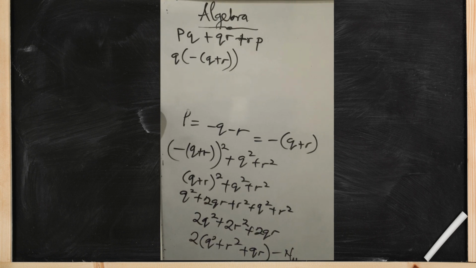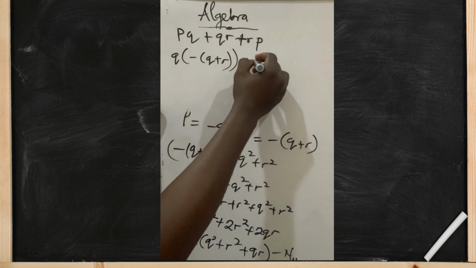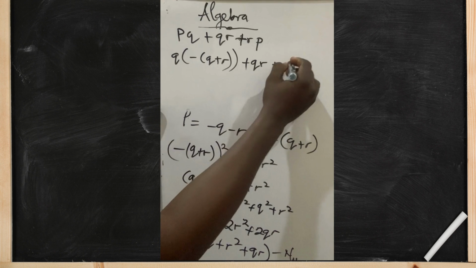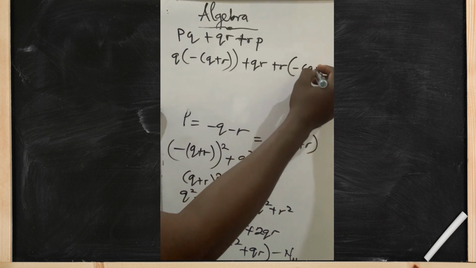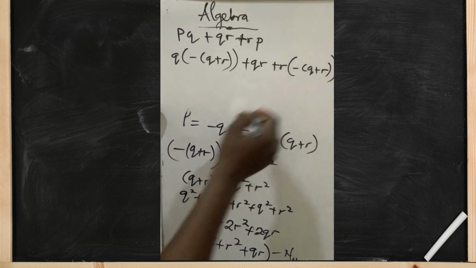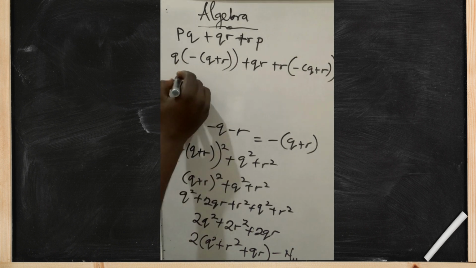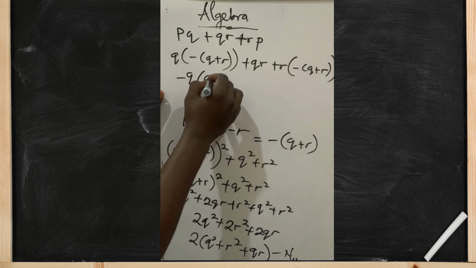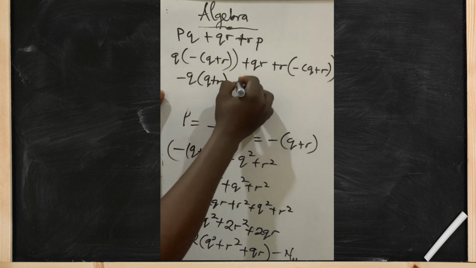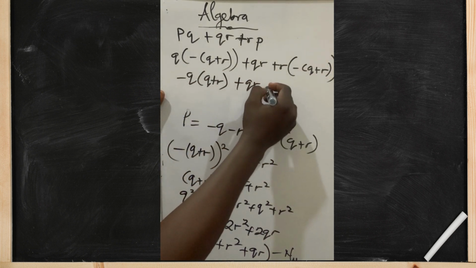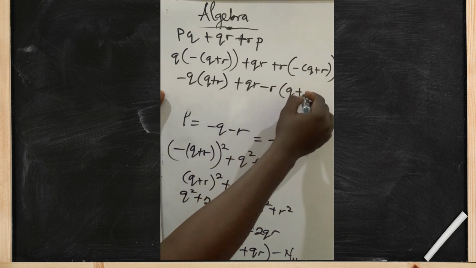That's what it means. Plus QR plus R minus Q plus R. By the time we take this out, it will give us minus Q plus R plus QR minus times plus will give you minus R Q plus R,